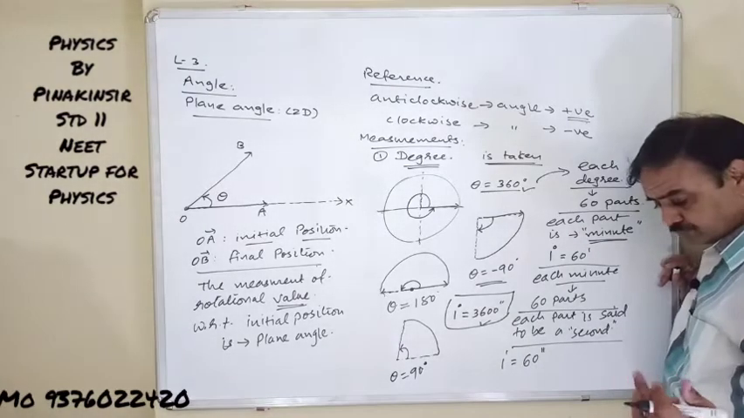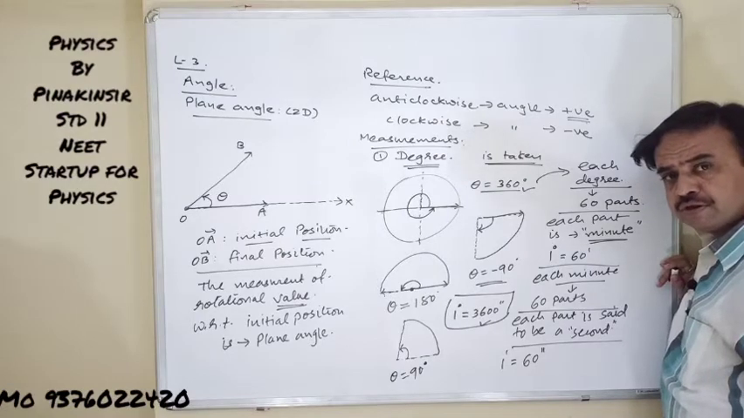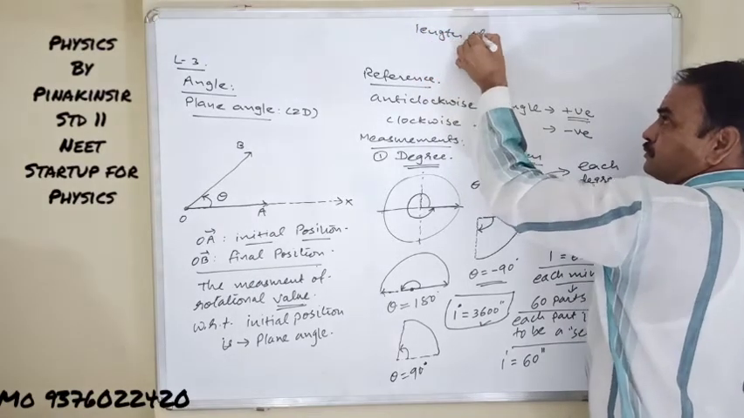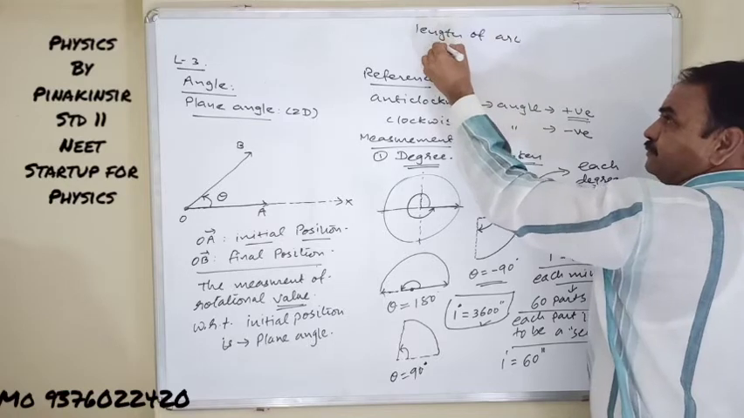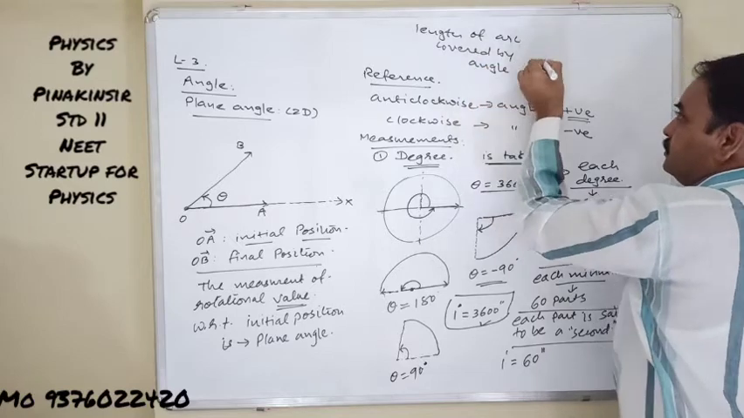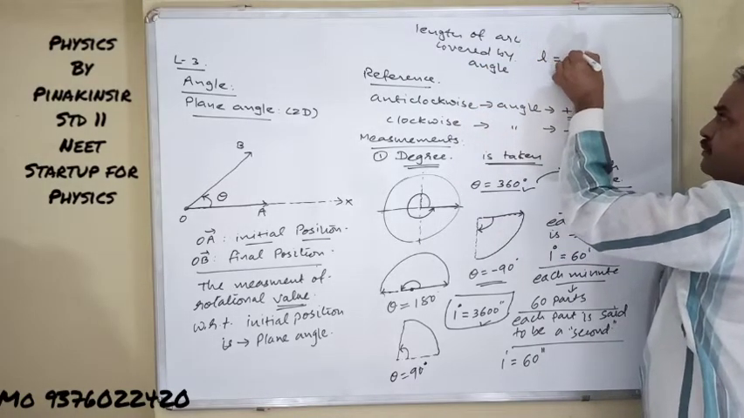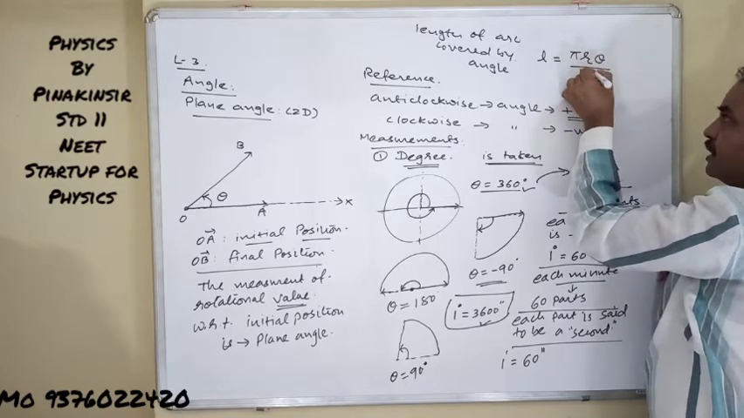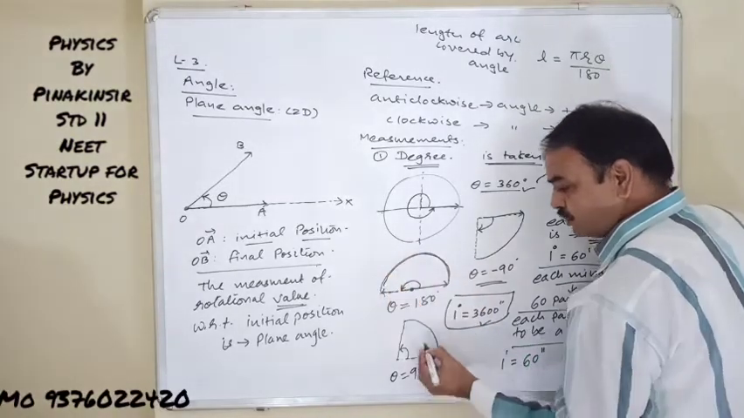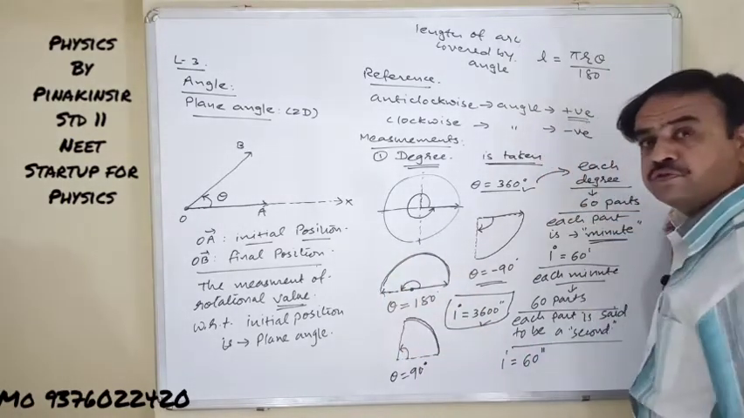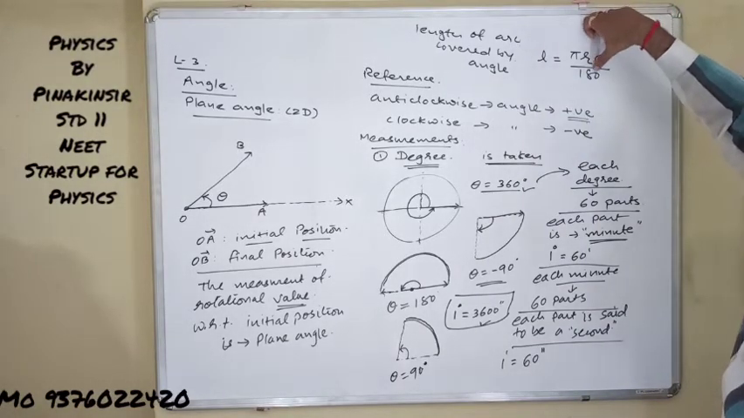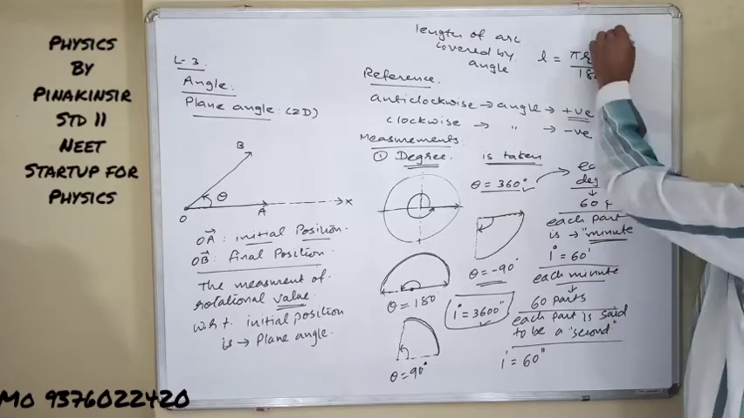Again, we must recall that particular formula which you have learnt in lower standard: the length of arc covered by any angle, say if it is L, is given by pi r theta divided by 180. Length of arc means that much measurement, or you can say this much measurement. Length of arc covered by any angle, L, will be equal to pi r theta divided by 180, where r is the radius of the circle